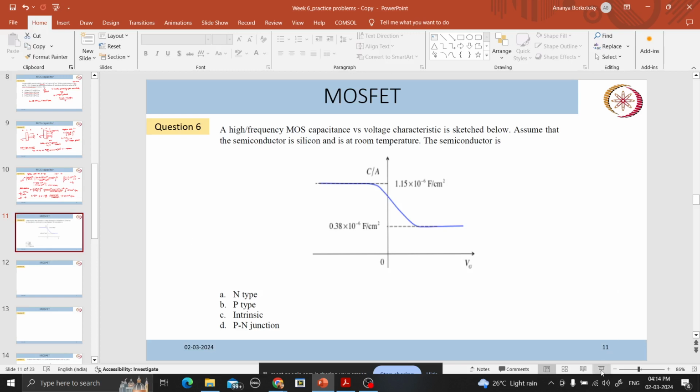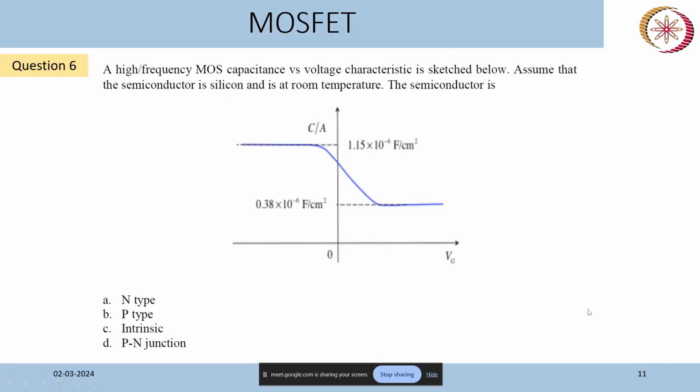Let's go to the next question. So this is on CV characteristics. CV characteristics of MOSFET is very important. So we can get many information by looking at the CV characteristics, and to calculate many device parameters also the CV characteristics is used. Okay, so a CV characteristics is given as shown here. So we have to determine